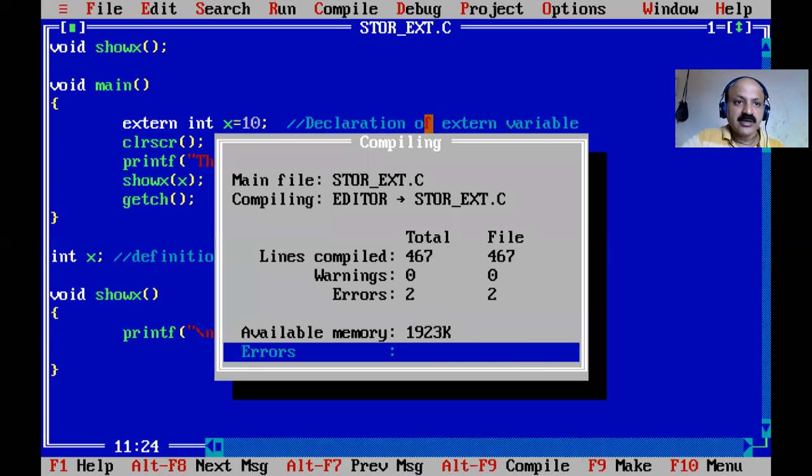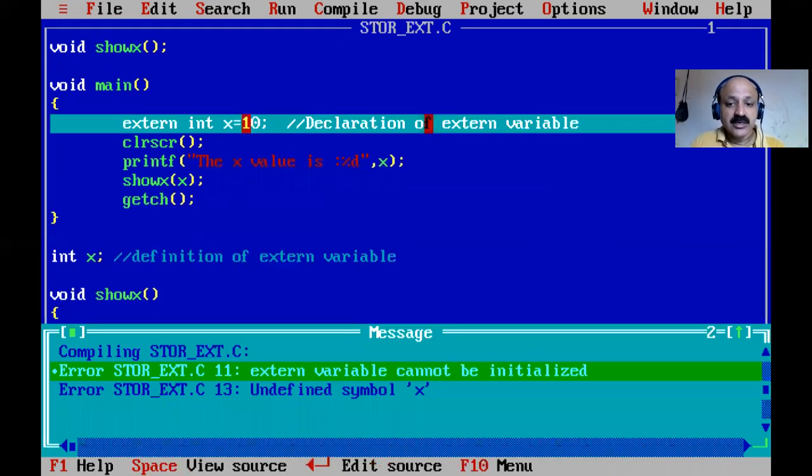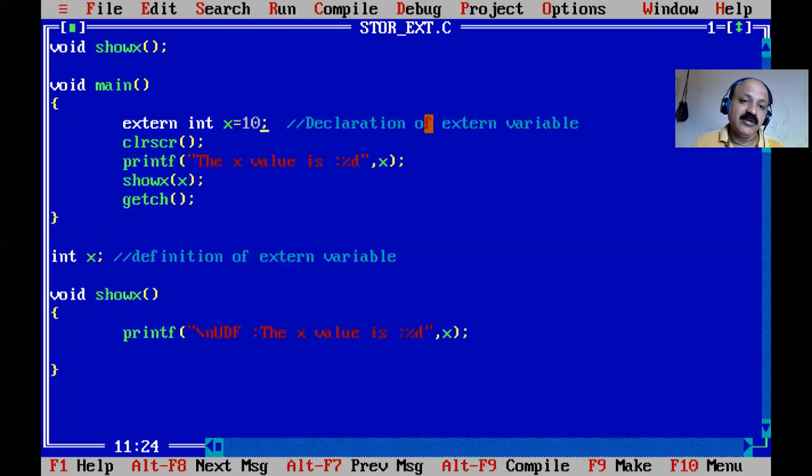That prints 10, no problem. But an external variable cannot be initialized directly like a local variable. So what to do? We can scan it, or assign it, because by default it is zero.